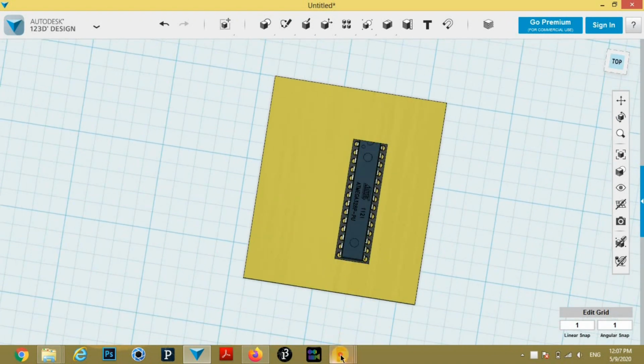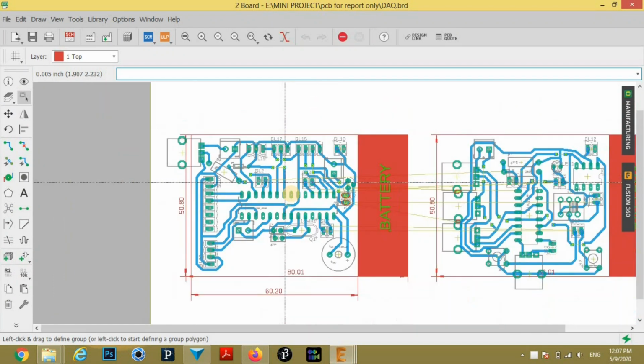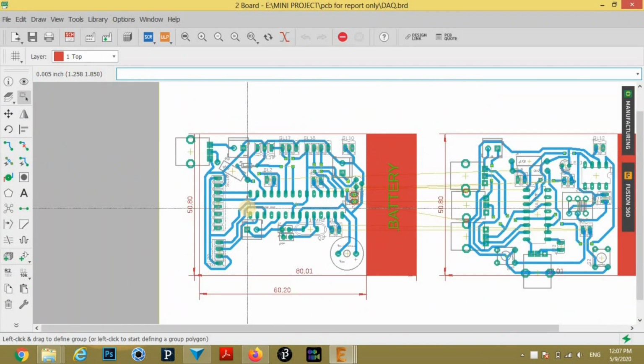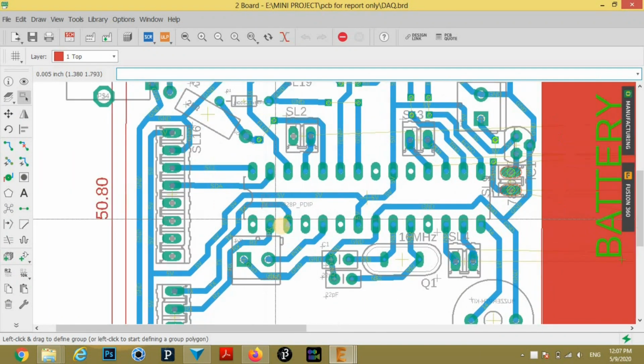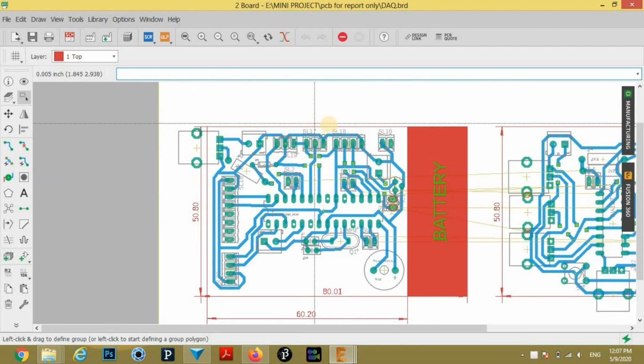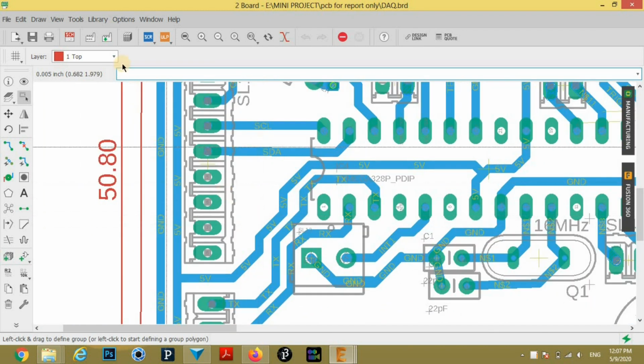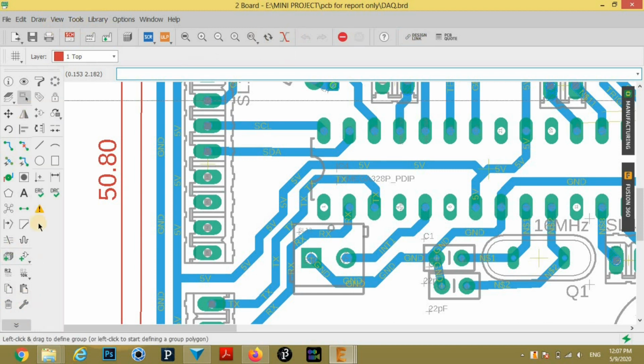Now we want to fix position of IC according to the position in Eagle file. Now first select dimension tool. Now here I am selecting dimension tool.